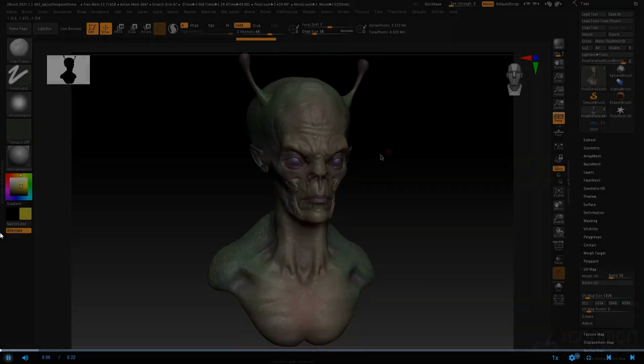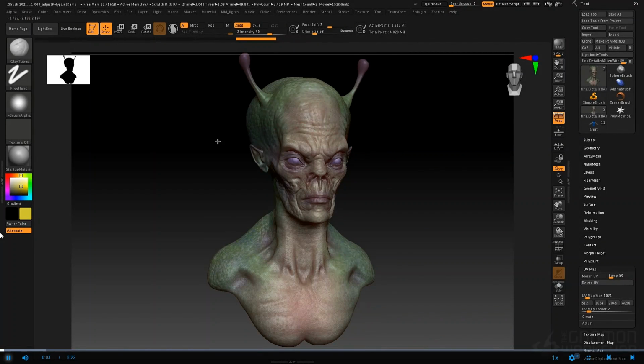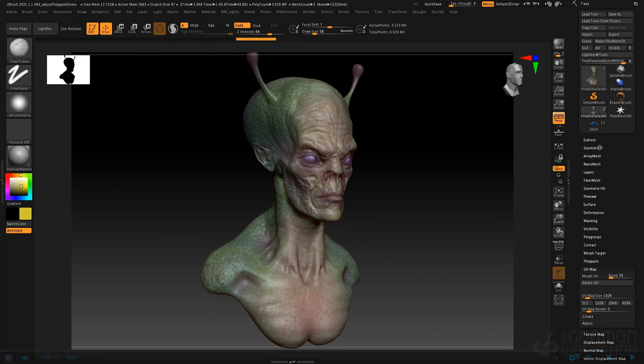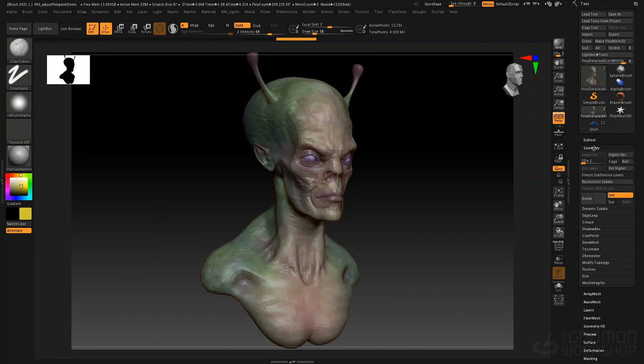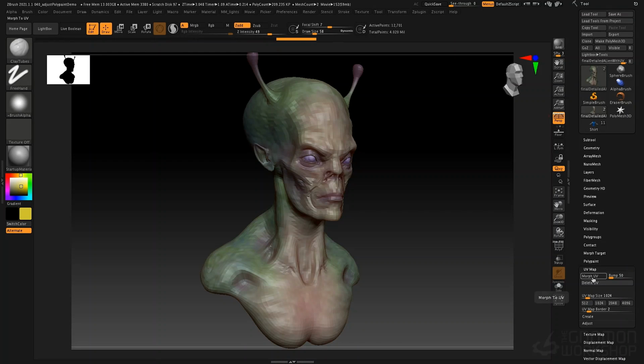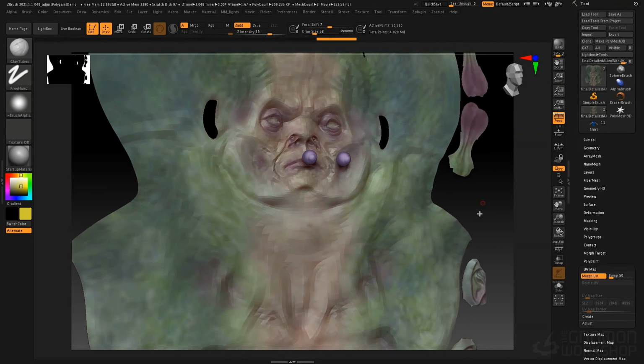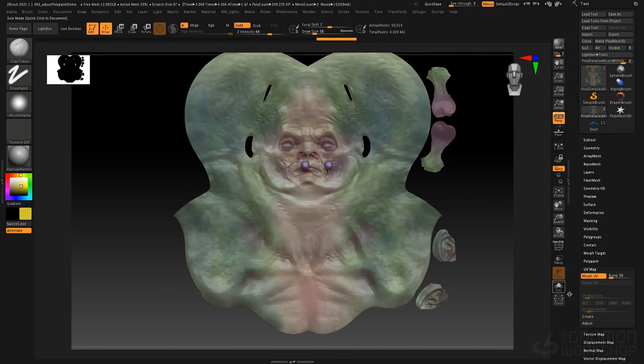Let's take a look now at Morph UV. Here we have our alien bust on screen. If we step down to our lowest subdivision level and then press Morph UV, it will morph this out flat to the UV layout. Now, if you don't understand UV layout or what that is, we have an entire chapter